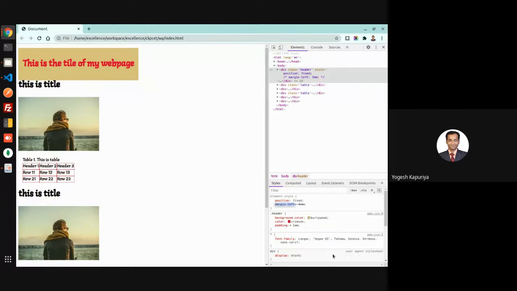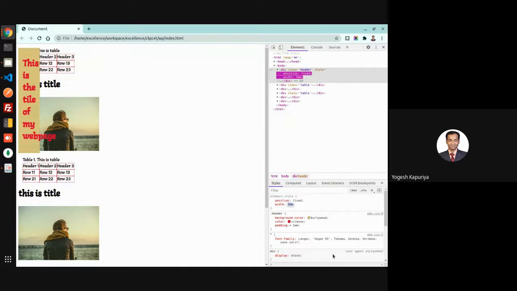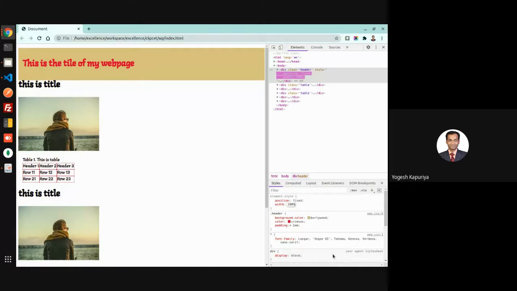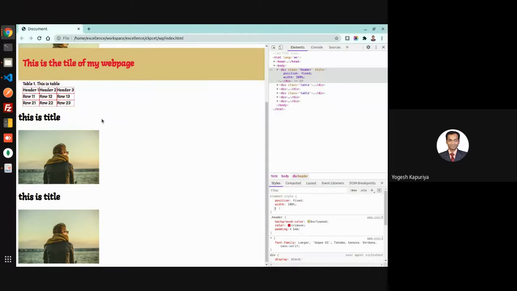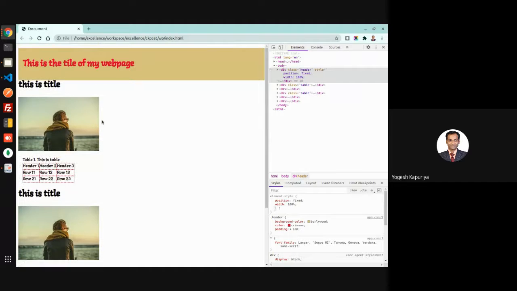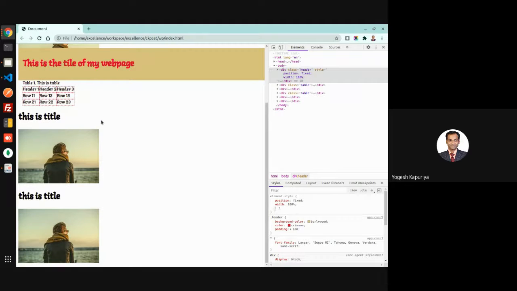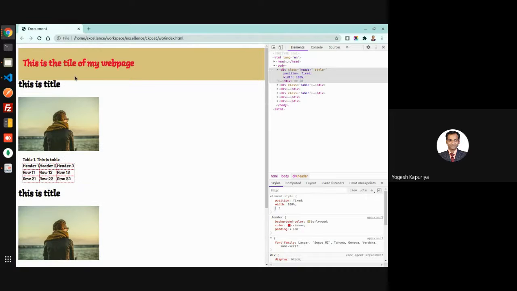Okay, so now what it has done, we want 100% width and position as fixed. Now what it will do, it will actually fix your header always at the top.